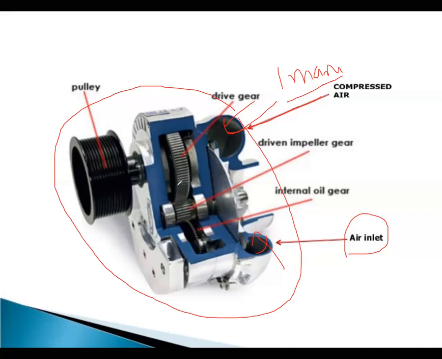Whenever the gear train is working, the atmospheric air will be sucked in. That means air would be inlet over here, and air passes through the compressor blades. Whenever air is passing through the compressor blades, that air will get energized. Air will get power, and the power is called energized power, like pressure is increasing and velocity also increases.